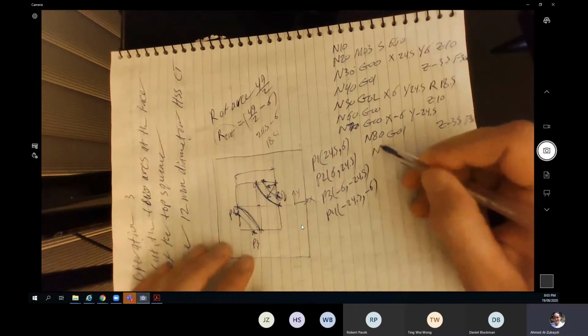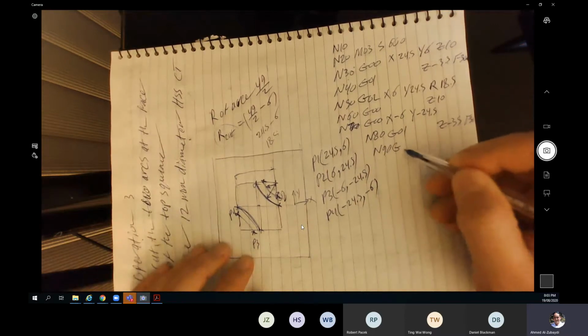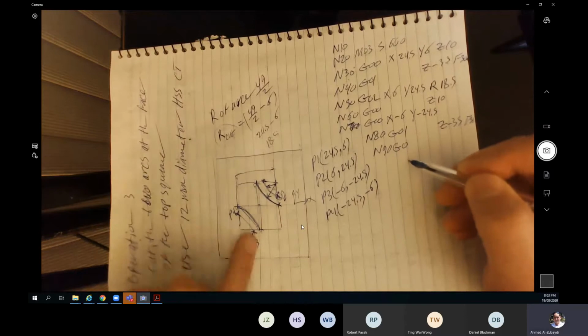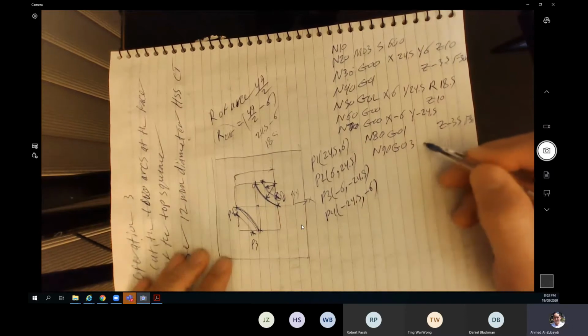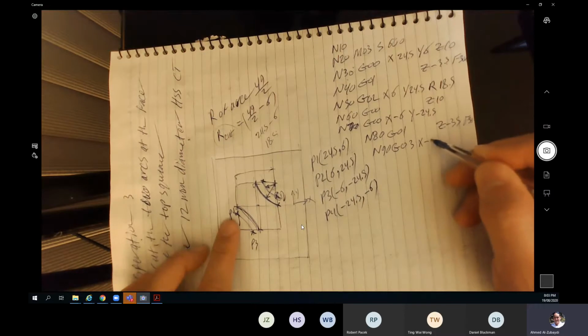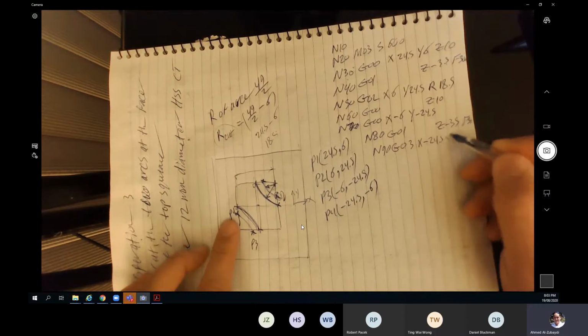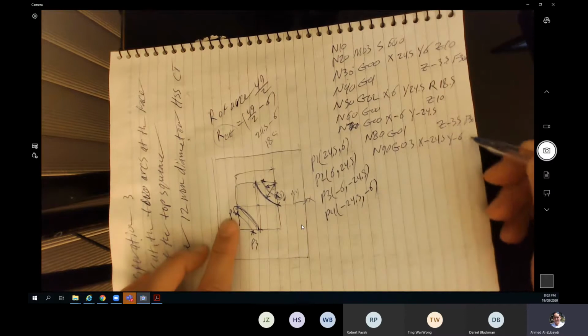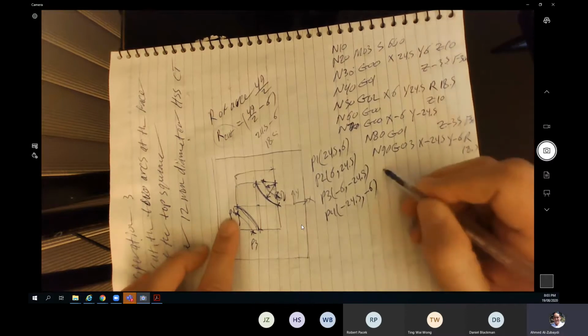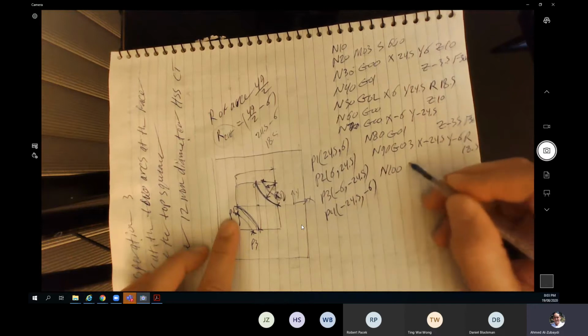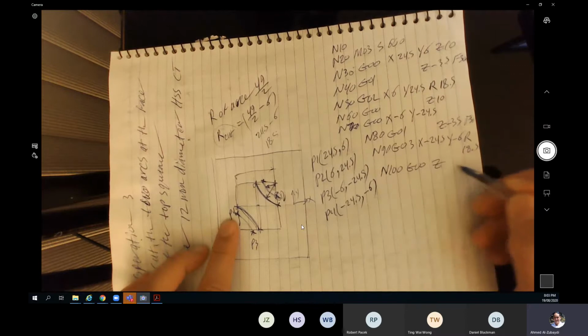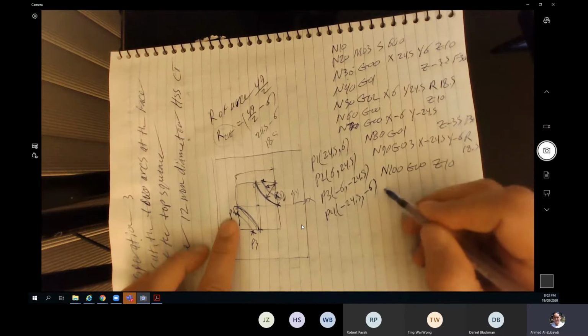That's it. N90, G03, because you're going counterclockwise to the next point where the X is equal to minus 24.5, and the Y is equal to minus 6, and the R is 18.5. Then the last point, N100, G00 to the Z of 10 millimeters, then M10 of the machine,